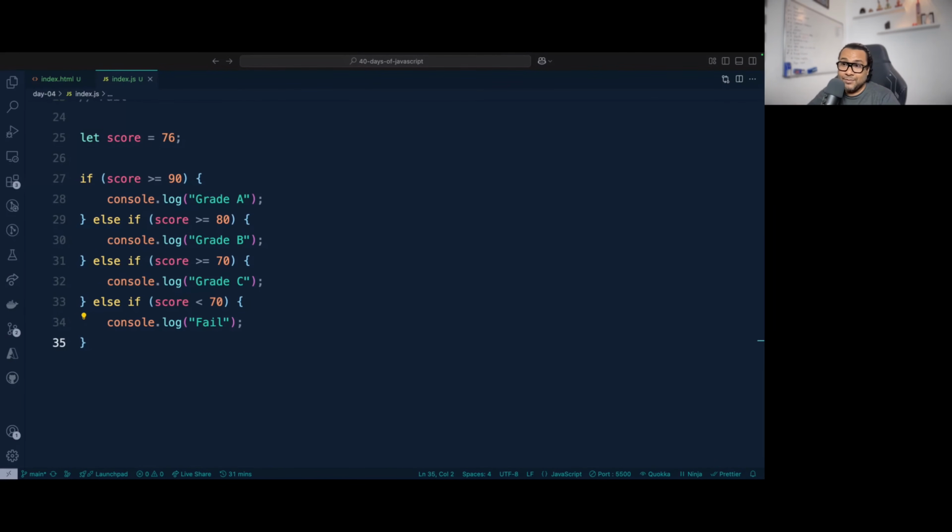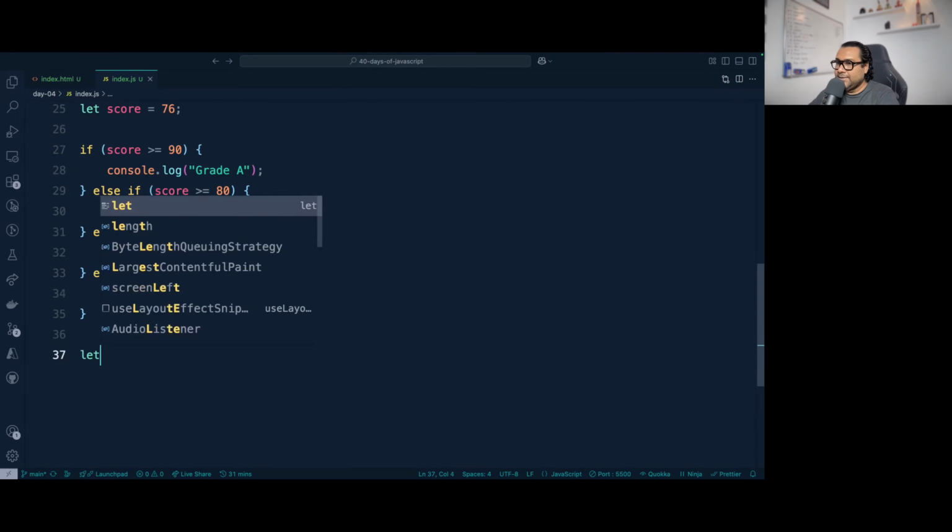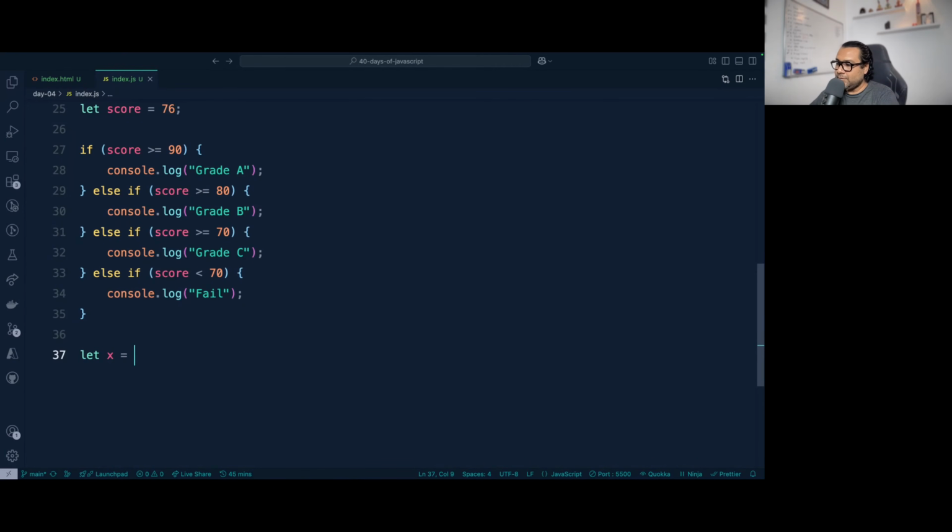It may be the case for this particular code, but there will be a situation where you have to decide whether you want independent if or there is a need for if else if. Let me explain with an example. Let x equals 0.